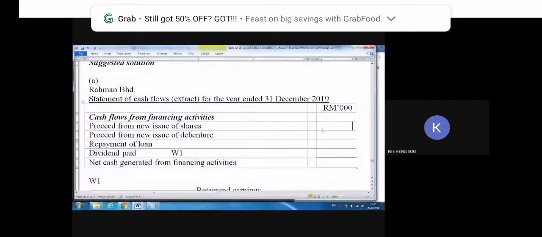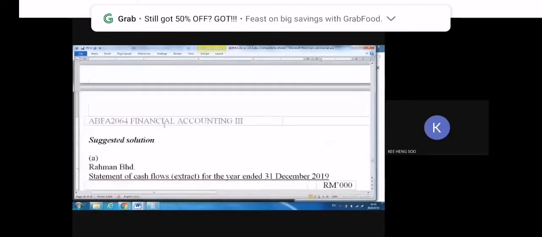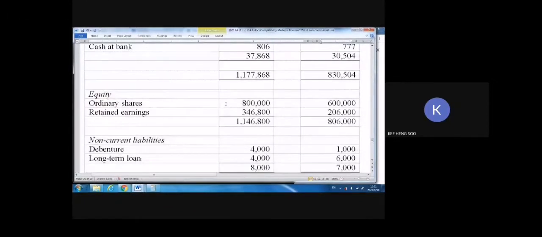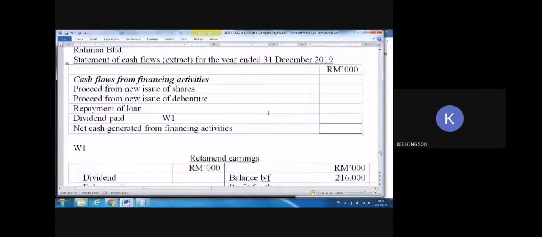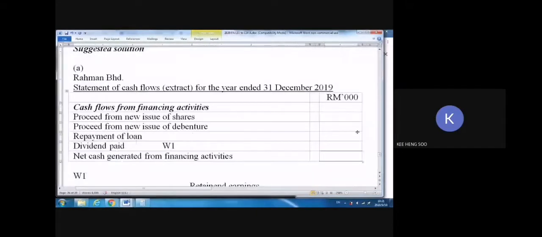Cash flow from financing activities, you start from issue of shares. Issue of shares is very easy. You get it from here. 800 and 600. So how much? 200, am I right? So you should get 200,000 here. Take note, I got RM 1,000 here. So that's why don't put